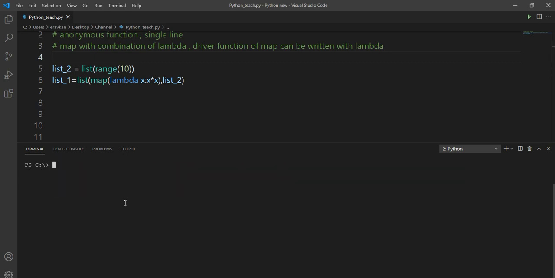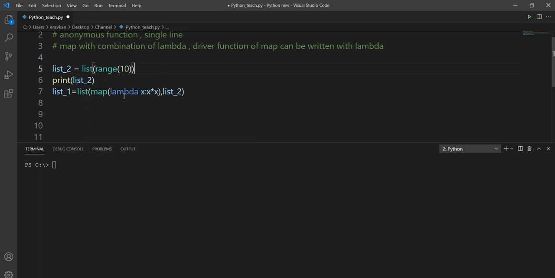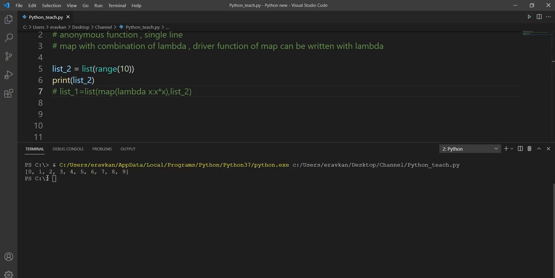Let me explain. Here I have created a list. You can print your list here. Print list underscore 2. First let me hash it, so let me show you what we have in our list. We have 0 to 9, created by using the range function. Now each element in the list I will multiply by itself.